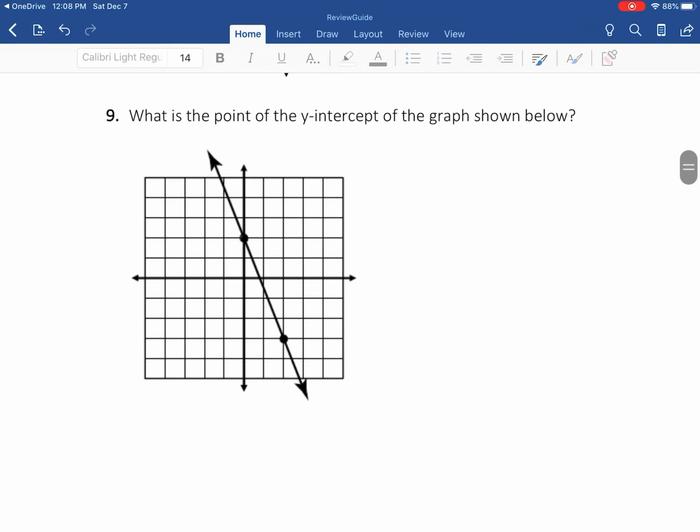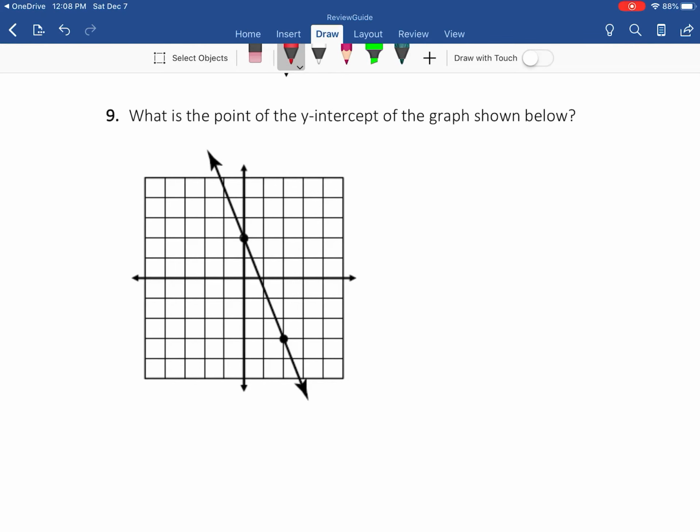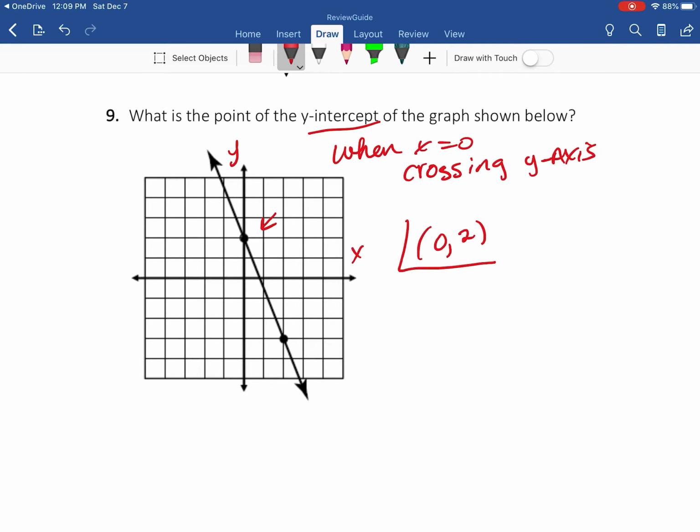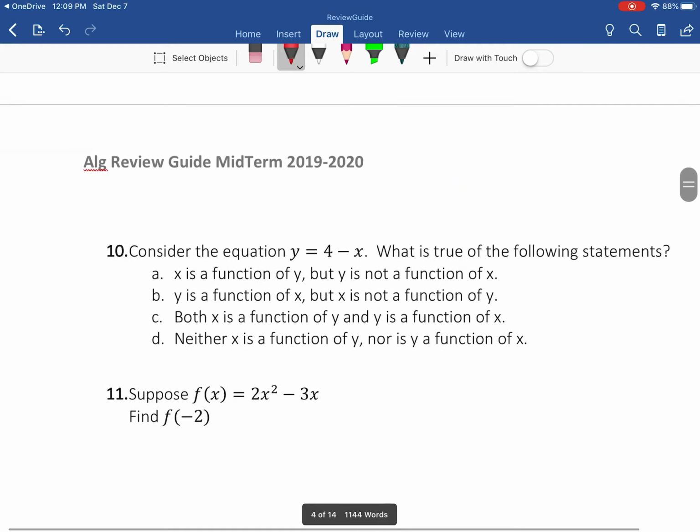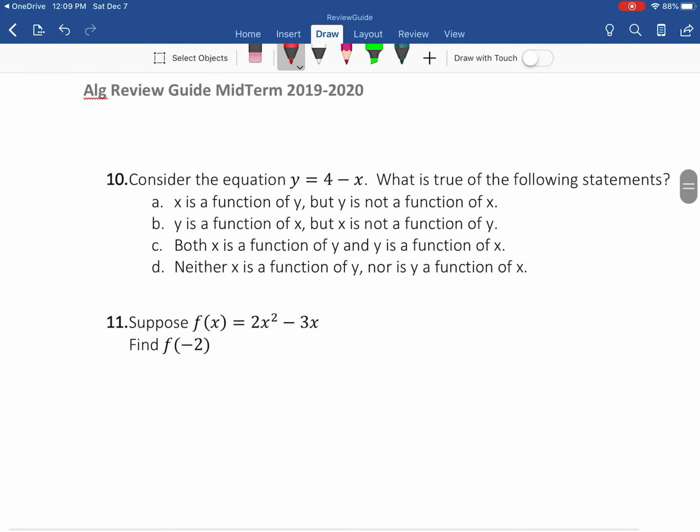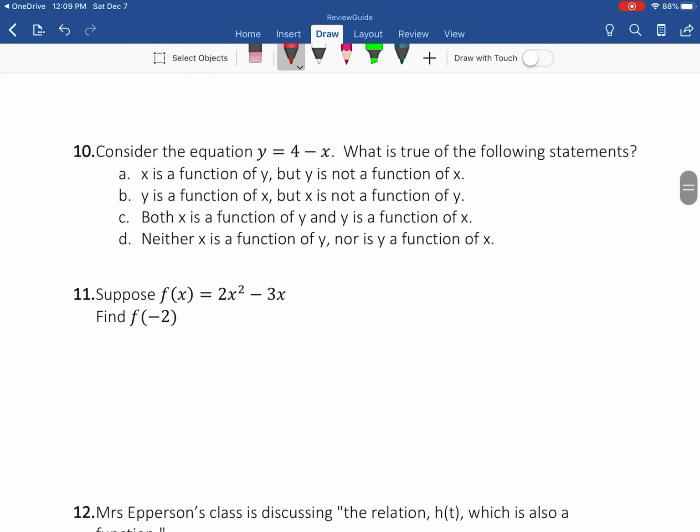Number 9, all we're doing is looking for the y-intercept. The y-intercept is when x is equal to 0. When x is equal to 0, that means it's crossing the y-axis. Think of it as a football field. This is our y. This is our x. It's crossing the y-axis there. That is the coordinate point 0, 2. That easy. Number 10, I will continue that in the next